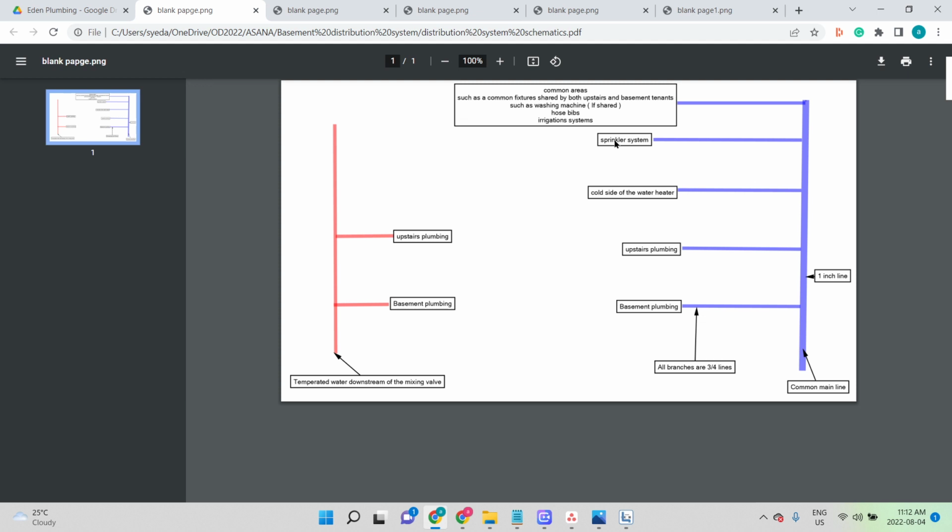They want you to install this connection somewhere where it is very easy. The water never gets stagnant. It should be connected to a running line. So what's a running line? Let's talk about it. If I connect it to this upstairs plumbing, it's a running line until somebody shuts off